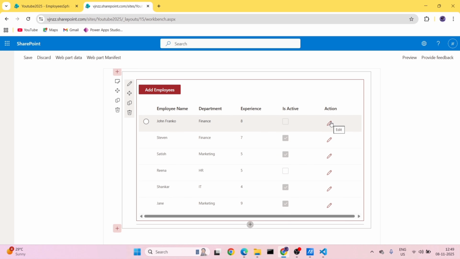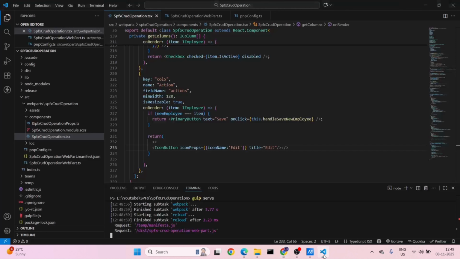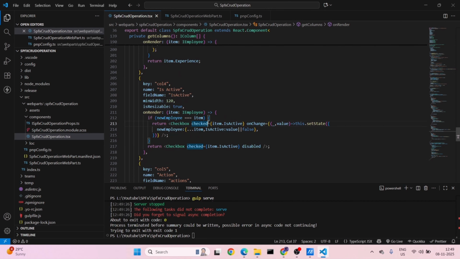You can see we have the edit icon, but when we click on it nothing happens. So we have to write the function, we have to add the text box, drop down and all that stuff. So that is what we are going to do. Here I will again stop this, and at the top,